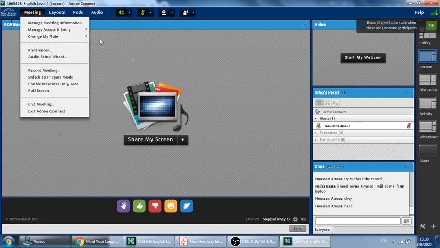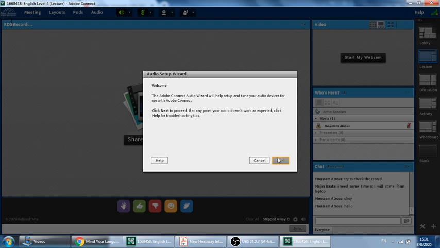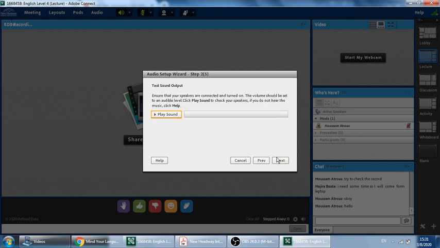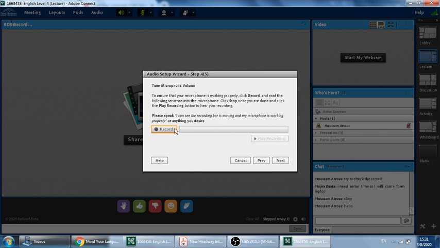Also, you can test your mic using this audio setup wizard. You can test your microphone like this to see if it functions well, because if it doesn't, you can't interact with other students